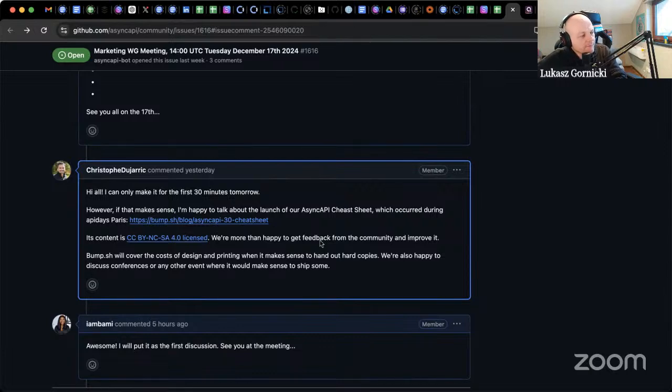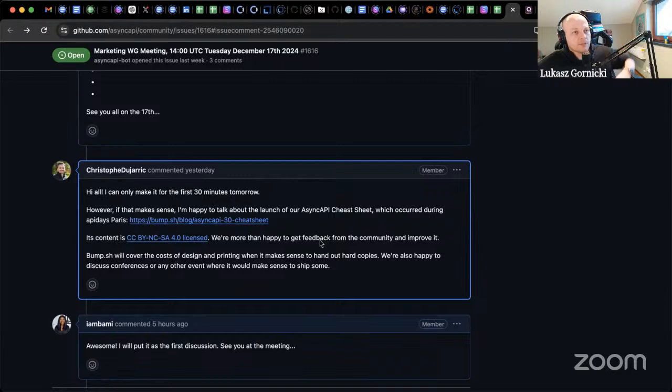And from my point of view, where I push a lot for this API standards booth to be a standard booth on many API events, making sure that always some AsyncAPI person is there. So basically, I shared an idea with Bami that maybe we can have some premium sponsorship offer in the prospectus, where we offer sponsors that by buying this premium package, we could, for example, put their logo in the cheat sheet for a given year.